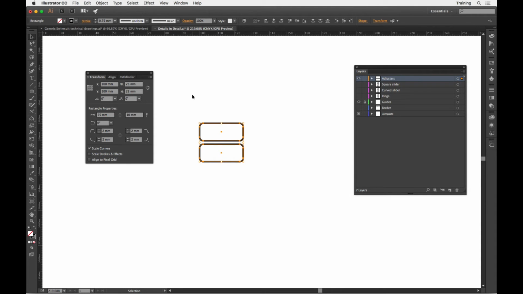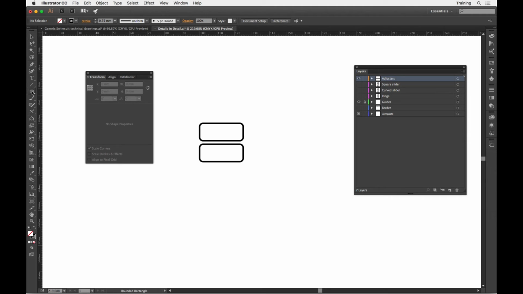So again, minor bit of maths here. If I want to have a 2mm gap all the way around here, it needs to be 2mm extra on the width either side, so that's 4mm, and the same for the height either end there. So what I can do now, if I just make a note of 25 wide and 22 high,